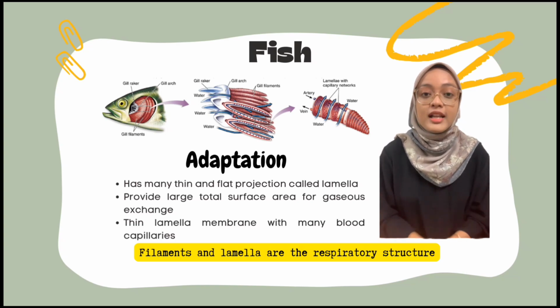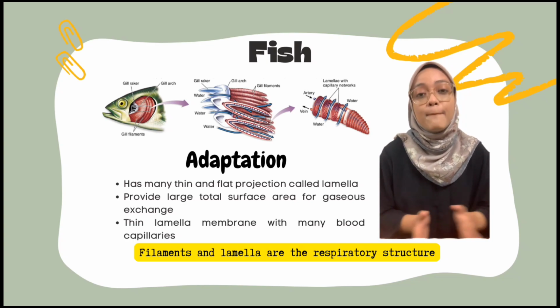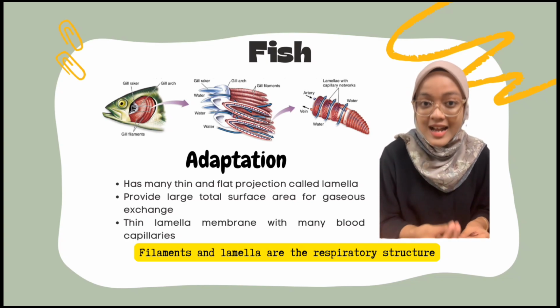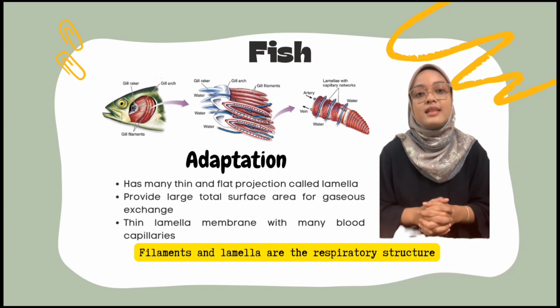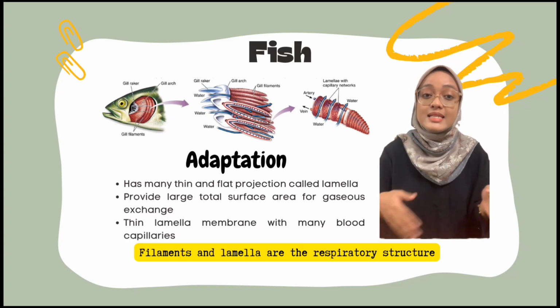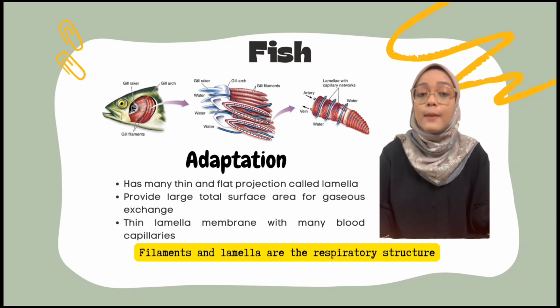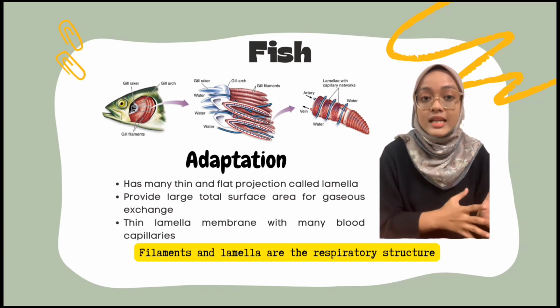The adaptation of the filaments is that they have many thin and flat projections called lamella. A large number of filaments and lamella give a large total surface for an efficient gas exchange process. The lamellar membrane is thin and supplied with many blood capillaries for easy absorption and transport of oxygen and carbon